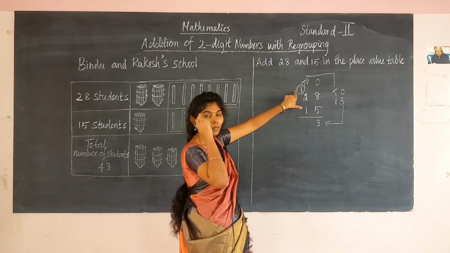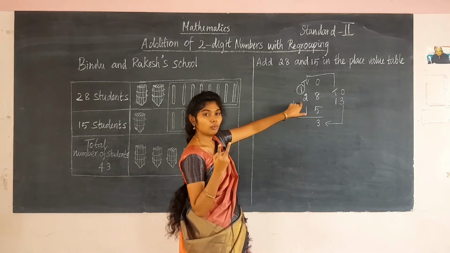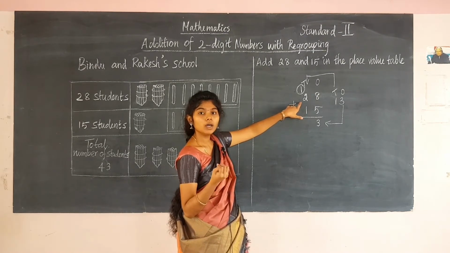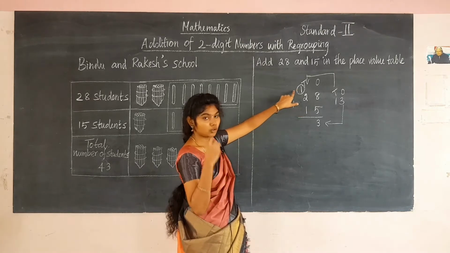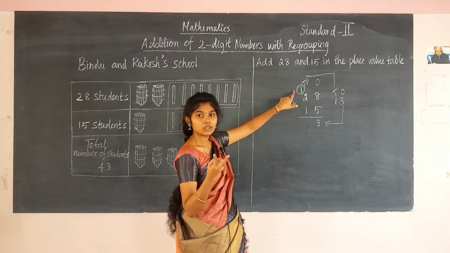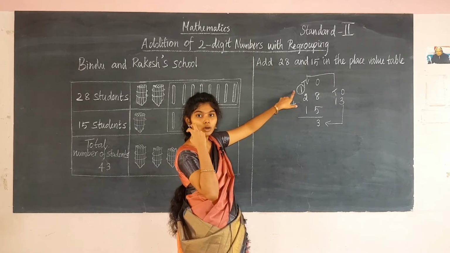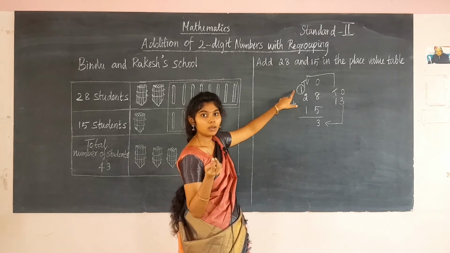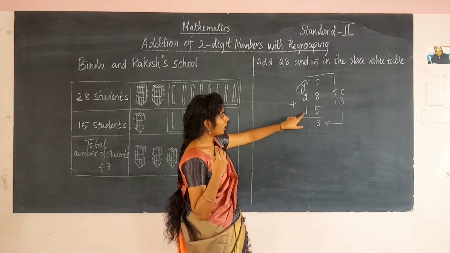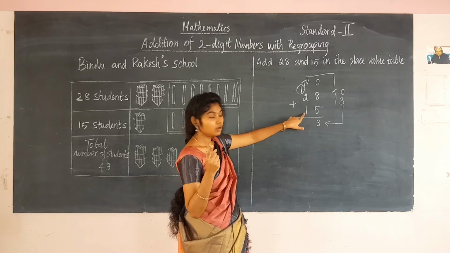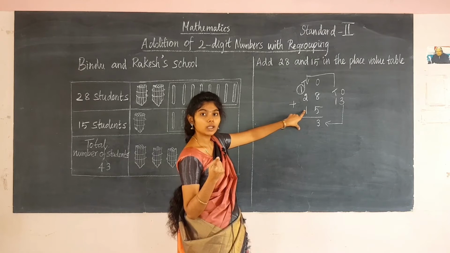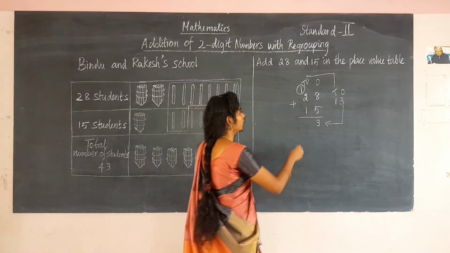1 should be in your mind. 2 should be in your fingers. Say after 1 is 2, 3. Now you got the number 3. Now 3 should be in your mind, and there is 1 more. 1 should be in your finger, 3 is in your mind. Say after 3, 4. Now you have to write the number 4 in that tens place.